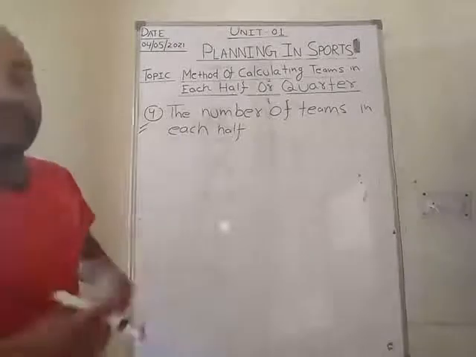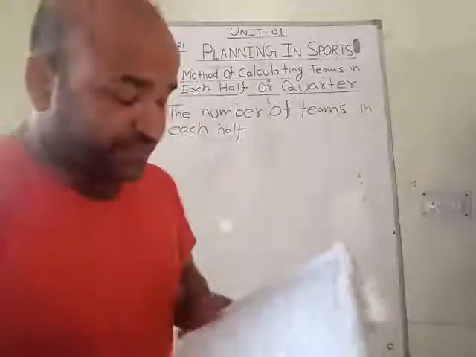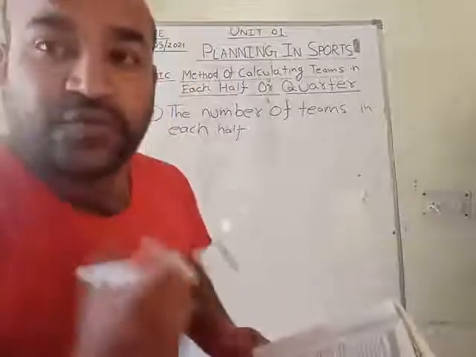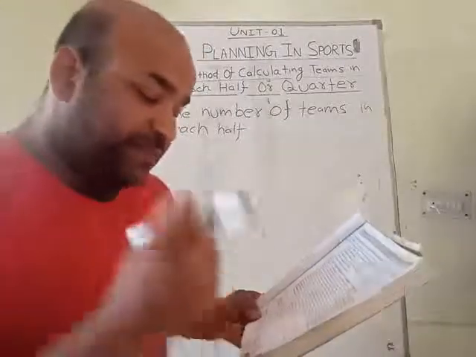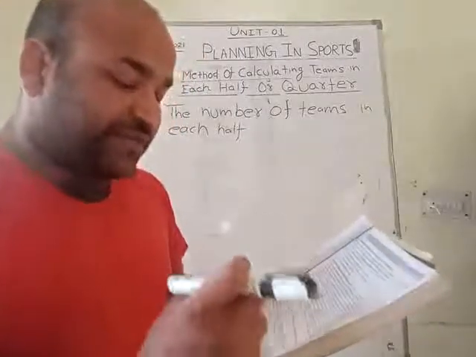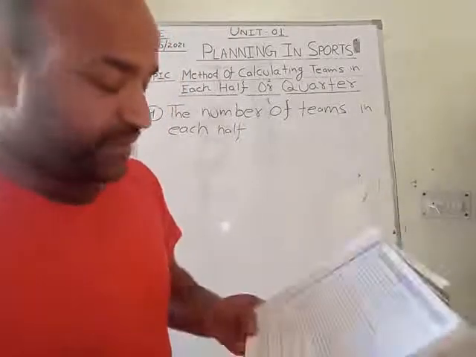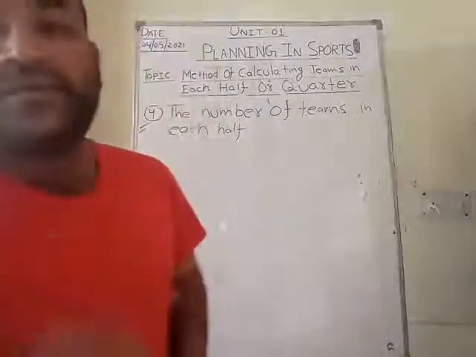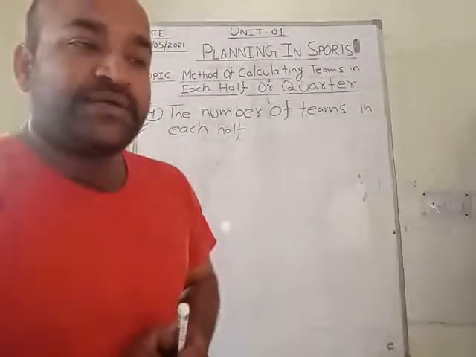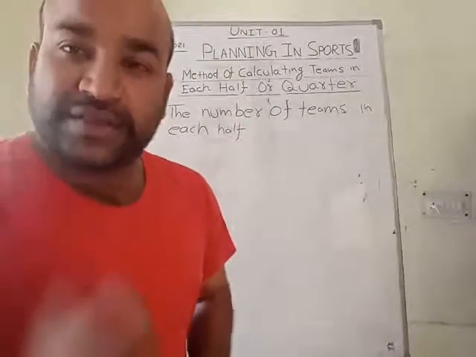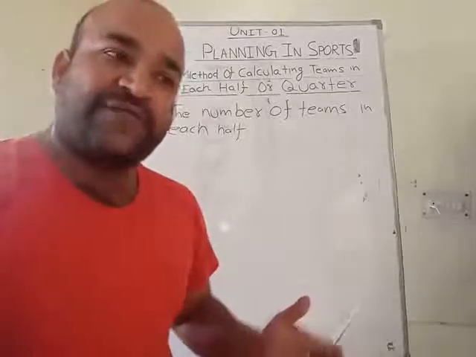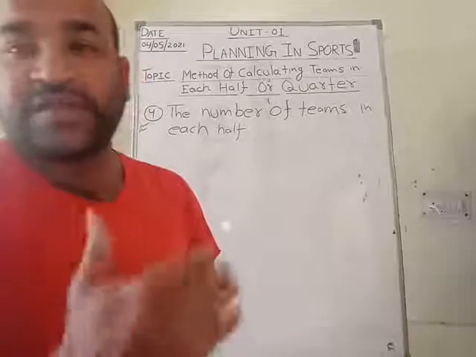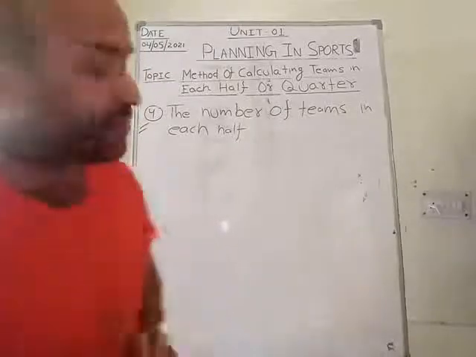So I give the number of teams. If the number of teams is in the power of 2, once again, it becomes easy to divide the teams into two halves. जिन टीम्स की वो नंबर जिसकी 2 के फैक्टर्स हो जाते हैं उसमें हाफ, अपर हाफ और लोअर हाफ को देने में कोई प्रॉब्लम नहीं होती, इजीली बन जाता है सब.